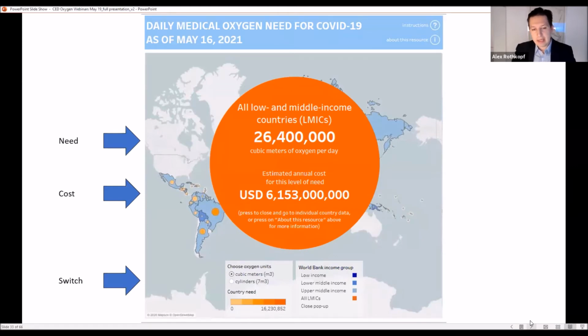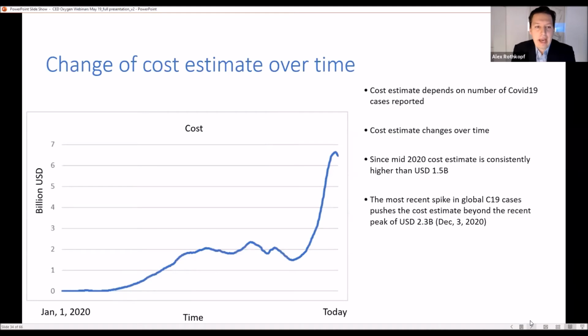If we go to the next slide, I'm looking at the cost estimate that the tool would have provided since the beginning of the pandemic in January. You see that the cost estimate is proportional to the cases reported. But since about mid last year it has been consistently above $1.5 billion as of an investment, and the recent spike, particularly through the India crisis, has pushed this up to an investment of around $6 billion,